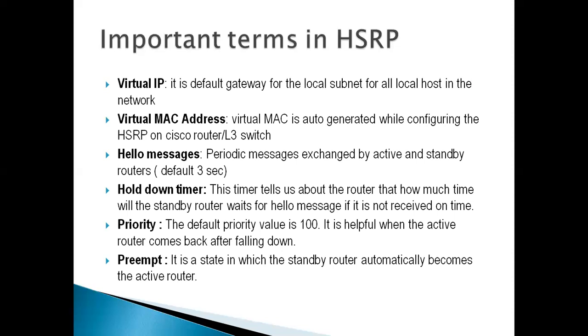Once the previously active router comes back, it starts negotiating. It starts sending hello packets to the active router, and if it finds in the HSRP group that the previously active router has the highest priority, then it becomes active again,